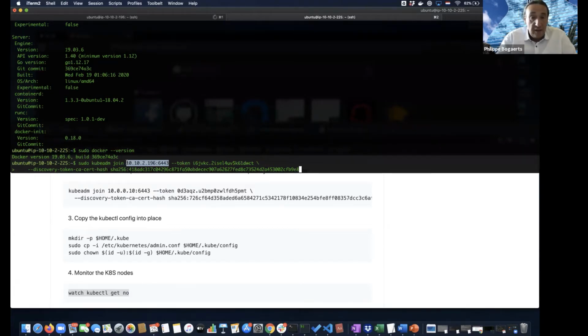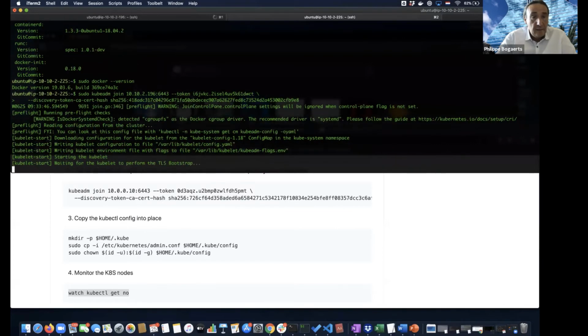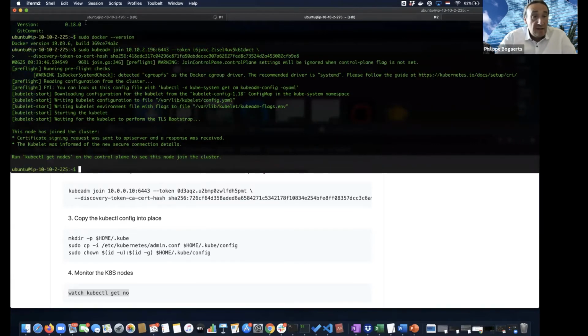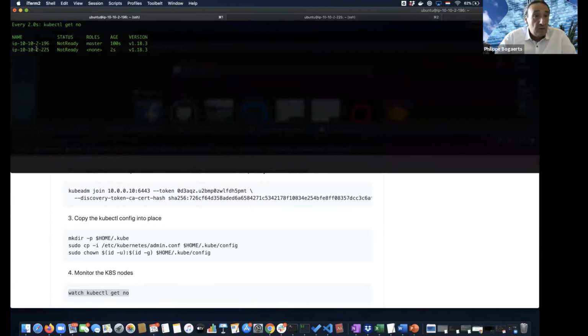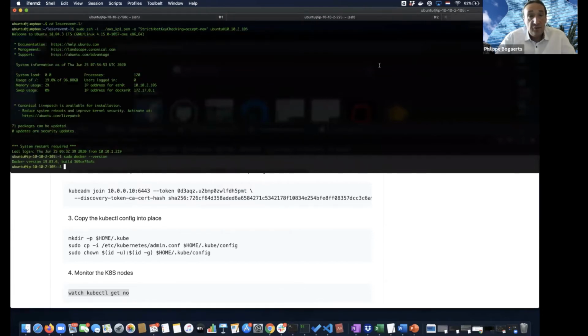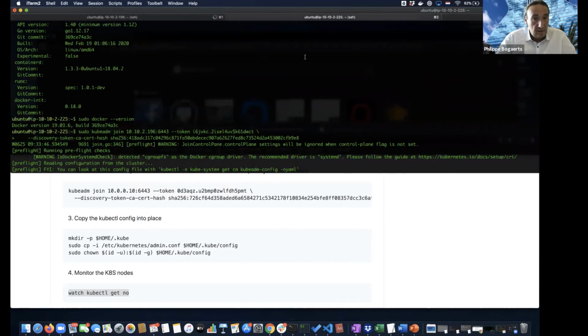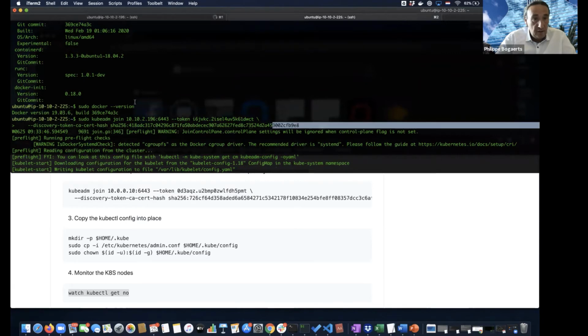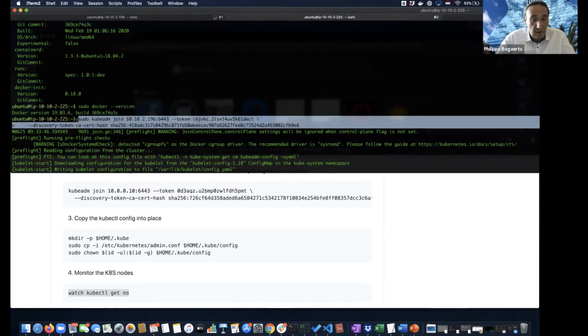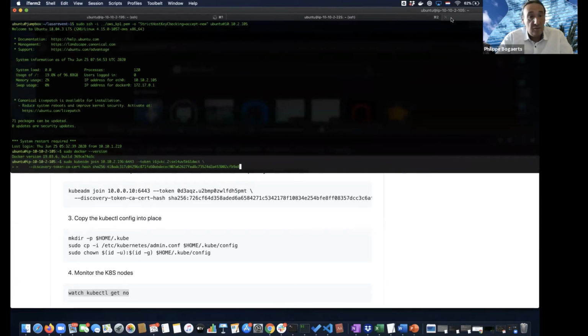So if we hit enter, we should see that node being registered. If we do the same thing on node 3, if we do the same thing over here,